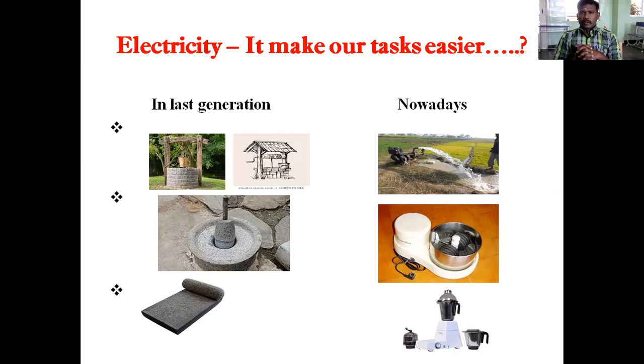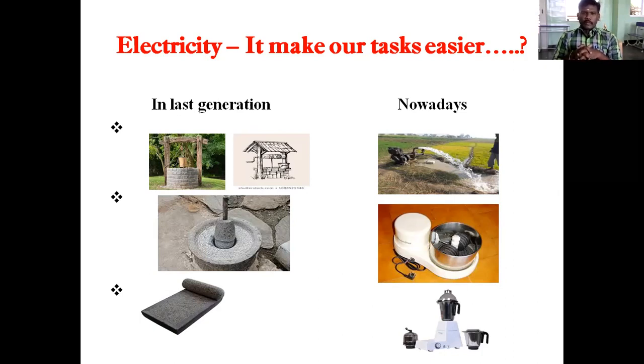And the second one is called a hot oral. In the last generation, they rotated the stone, oral and cull. The cull is rotated in the last generation. But nowadays we are using the grinder. The stone is a static one. The cull, hot to oral. The cull is a static one. But in the grinder, the hot oral is rotating. Okay, that is the difference between the last generation and nowadays.